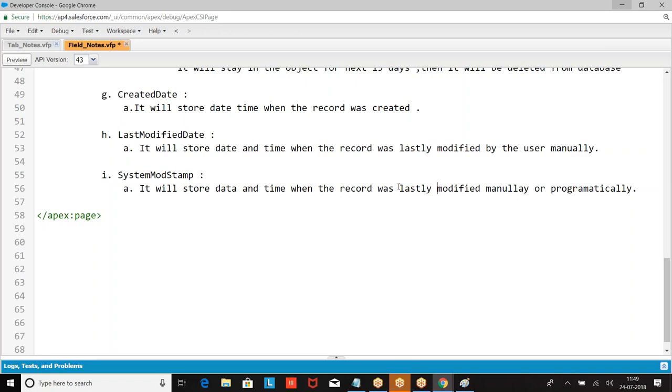So the difference between last modified date and system mod stamp: last modified date is when the record was modified manually, the user opened the record and modified. System mod stamp is when the record was modified, manually or programmatically.